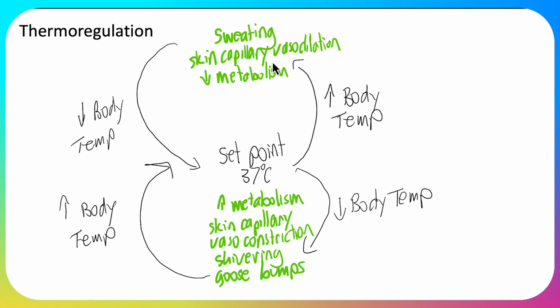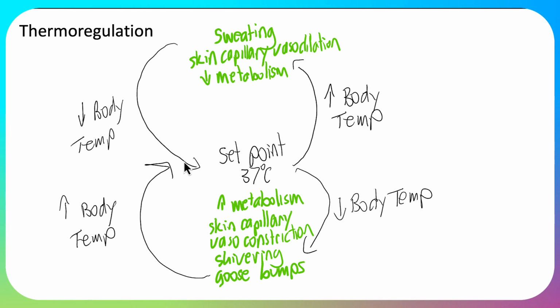So this is controlled by the nervous system that contracts or relaxes the muscles of the capillaries in the skin. Okay, the nervous system controls the sweat glands, and our hormones reduce our metabolism, reduce the amount of food that's being burnt to produce heat. The response here, so these responses decrease the stimulus, or in other words, they cool the body down such that the body temperature decreases back to the set point. So it's a negative feedback loop because the response decreases the stimulus.